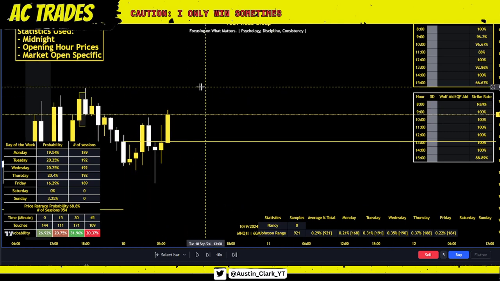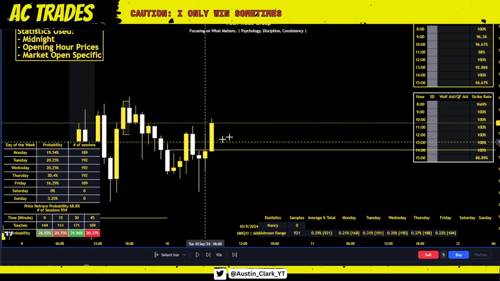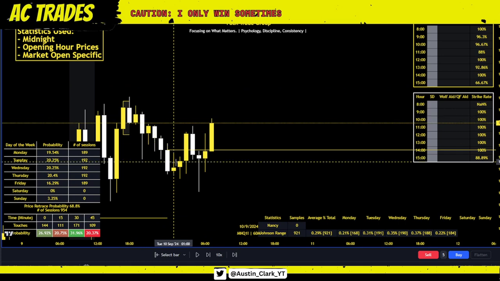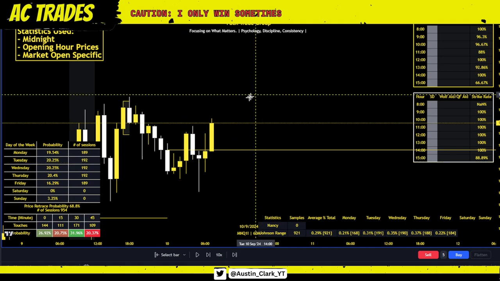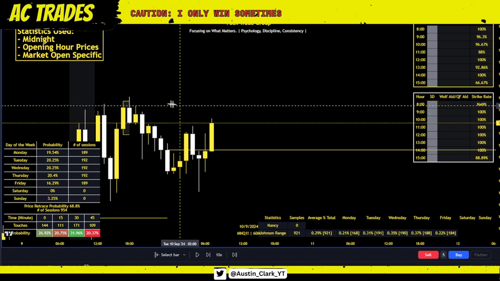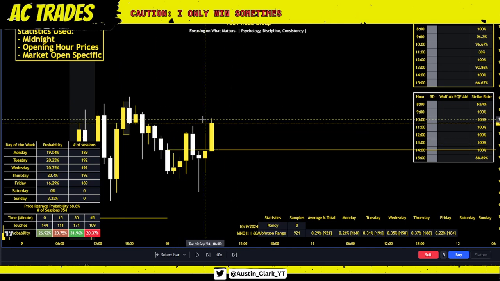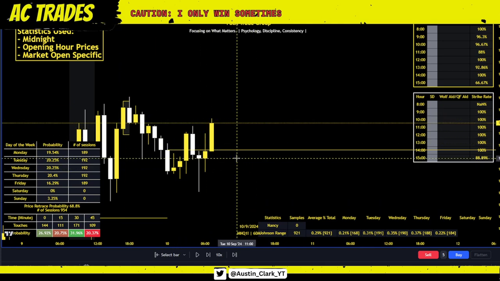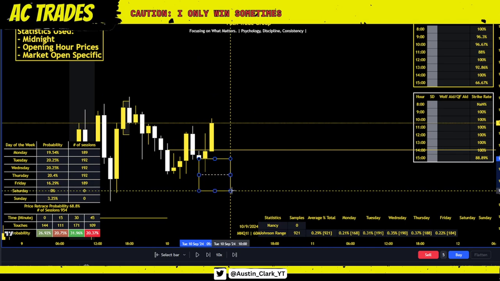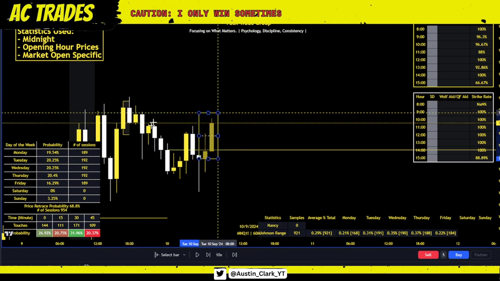Okay, so now we need footprints. Do I need to find bullish or bearish footprints? If we're above midnight open, and we know that the statistic is 65 to 68% probabilities, do I need to find a bullish or a bearish footprint? Bearish. It's that simple. Because if we're looking for shorts towards midnight, I'm not going to be sitting here finding bullish footprints. It makes no sense. It's just going to give me analysis paralysis, having 70,000 footprints on my screen.